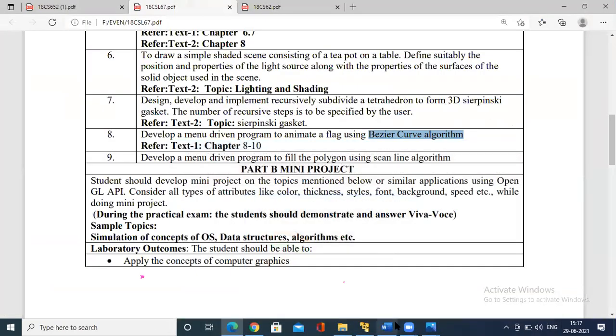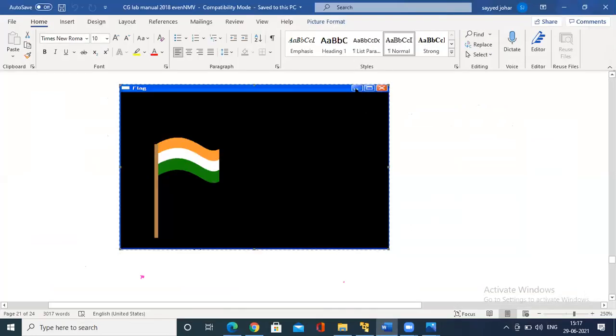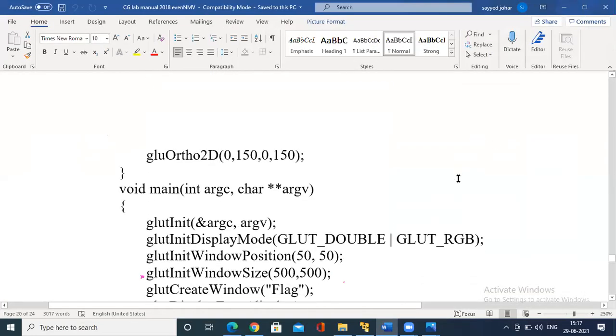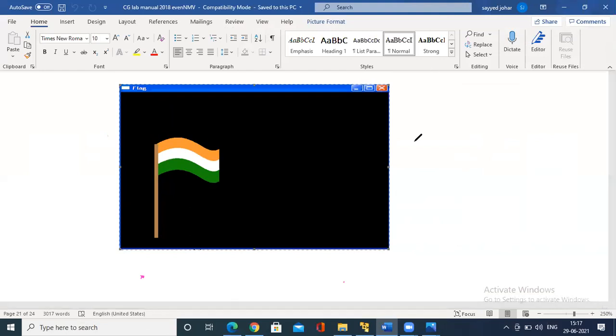See here. This was the output we got. As I explained, we have control points. Like this, 4 control points are there. In between, we have the line strip function, 20. So we have 20 curve points. Curve points are needed to provide the blending effect. Remember, curve points are needed to provide the blending effect. So 4 control points, 20 curve blending points we have. So this is going to flutter.